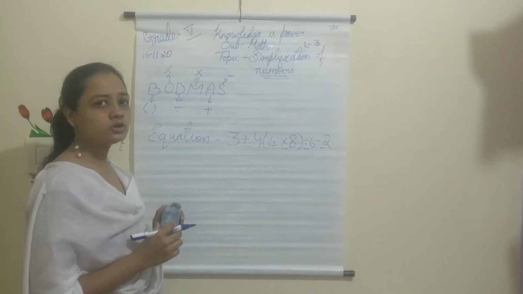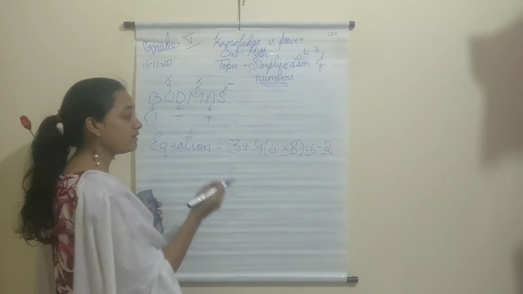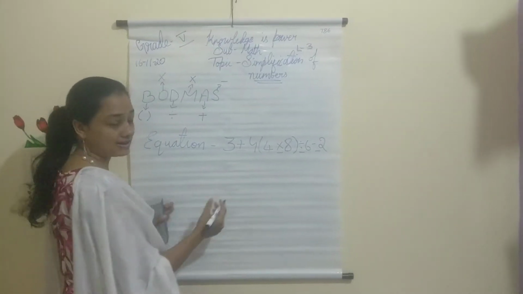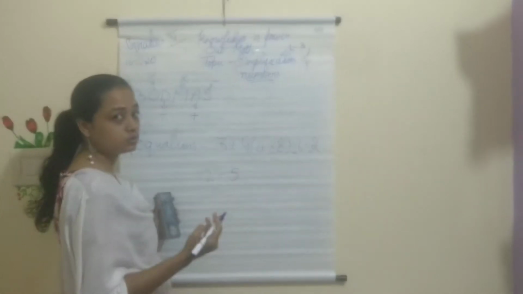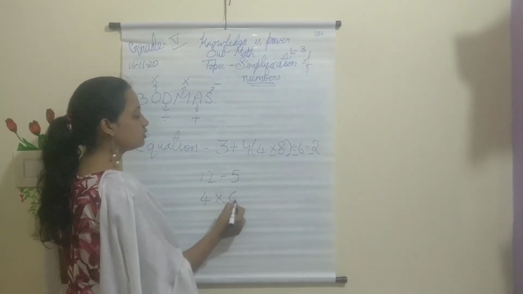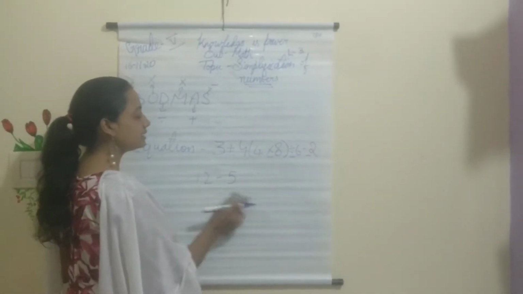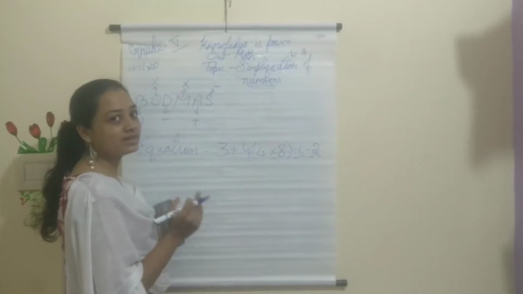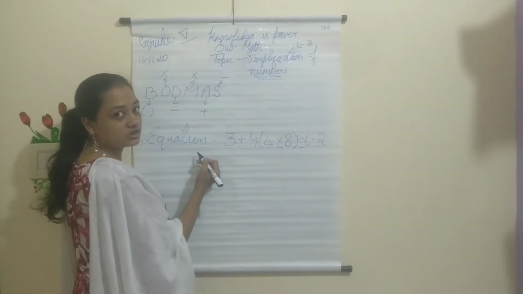But we are not going to do them separately like how you did it in your previous classes. Like if you have to subtract, you do only subtraction. If they give you two numbers and ask you to subtract, you would have done it. Similarly, if they give you two numbers and ask you to multiply, you will do it. But in today's lesson, all will be set in one line. That is called an equation.